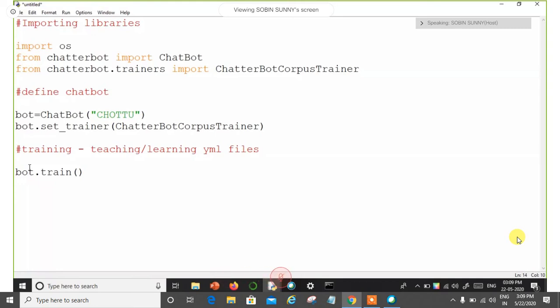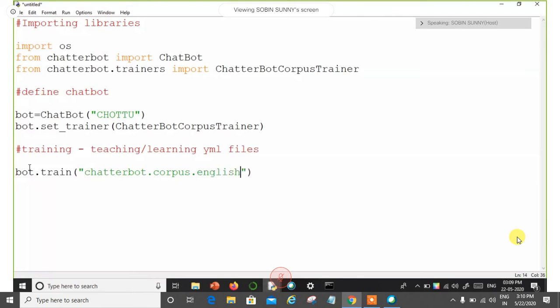Okay, you can use any language. If you want your chatbot to talk in Hindi, you can use Hindi. Instead, if you just want the chatbot to talk in English, you can use English there. So as a string, just use the line chatterbot. It should refer to the chatterbot folder. Inside the chatterbot folder there will be another folder called corpus, and inside this folder you will have another folder called English.